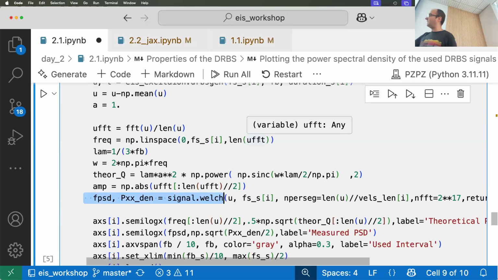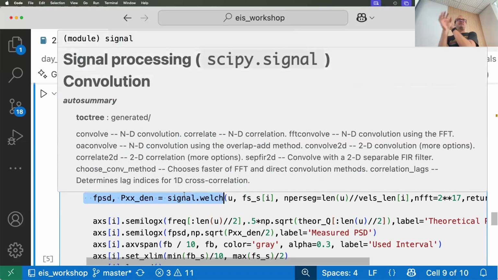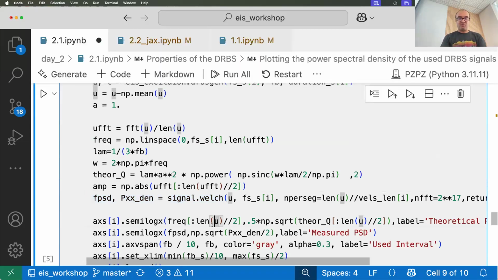So the line that I'm showing here is the one where this is implemented. It's one line in Python. There is some theory behind it. You can check it. Now I'm asking you to trust me that this works. And this is how I do it. Okay. And now when we plot it,